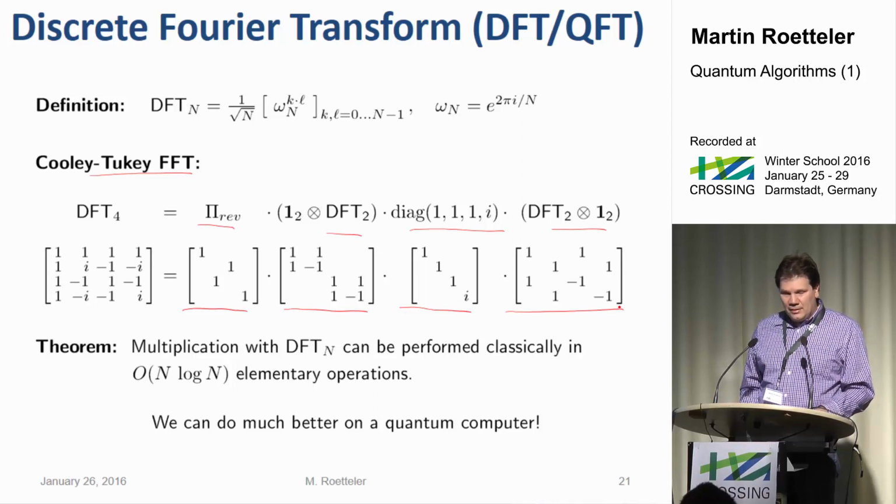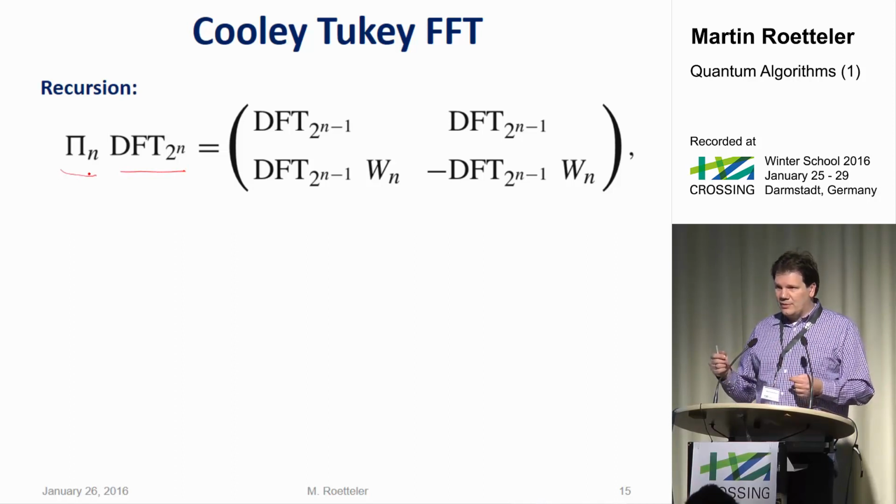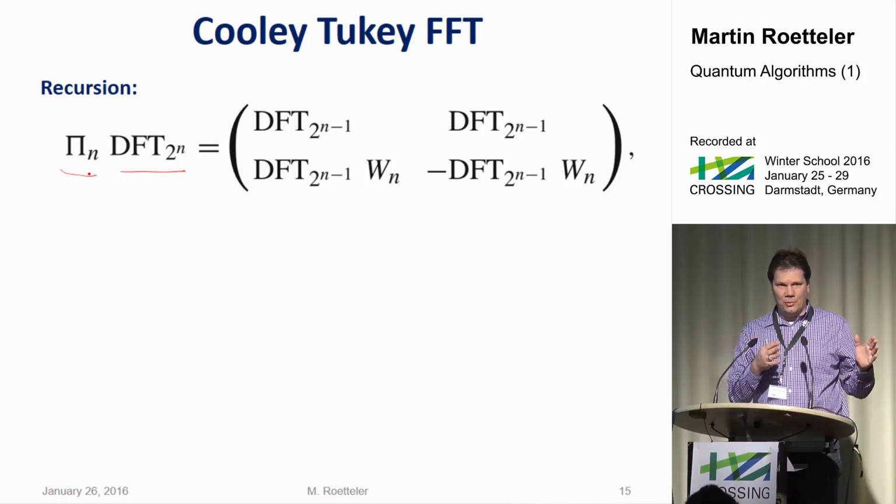Quantumly, it's even better, and to understand that, it makes sense to look at the matrix and what happens when you generate this. Okay, so this is what it plays out to. If you take the Fourier transform of length 2 to the n, and you reorder the rows in a very special way, that reordering of rows is essentially a coset decomposition of the cyclic group of order 2 to the n by the subgroup of order 2 to the n minus 1. Right? This is a subgroup. And now you order the cosets in a particular way, so basically even, odd, even, odd, even, odd.